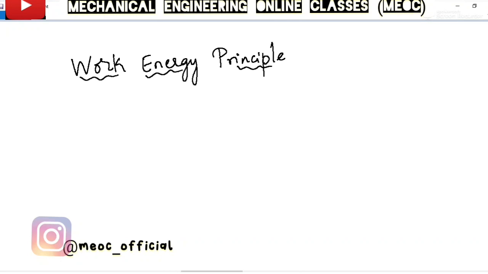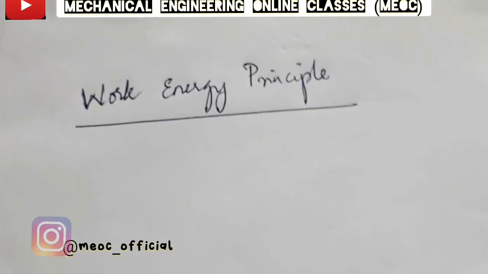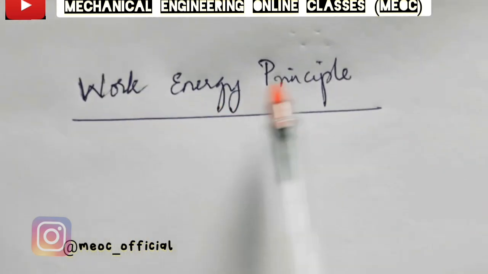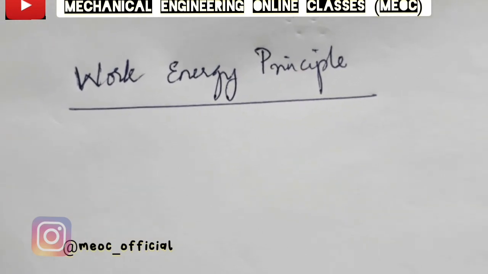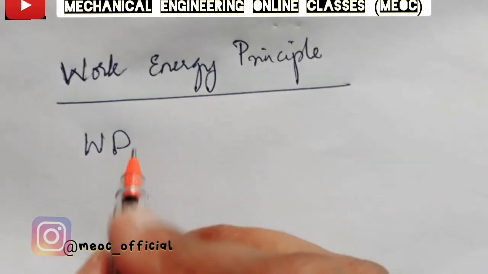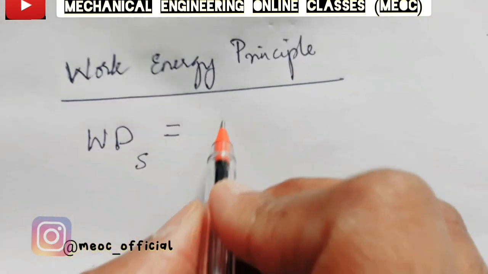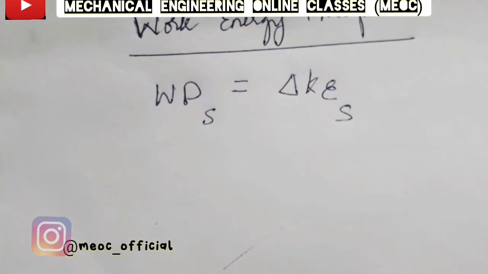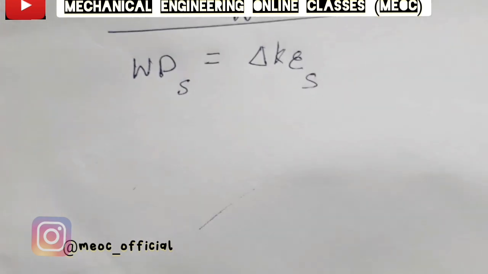When the problem involves forces, velocities, and displacements rather than acceleration, and also when the problem involves spring forces, that time work energy principle is advantageous over Newton's second law. Now that we know how work done is found or calculated, let us see what work energy principle is. According to work energy principle, the work done by forces acting on a particle during some displacement S will be equal to the change in kinetic energy during that displacement. Let us see if we can prove this point.